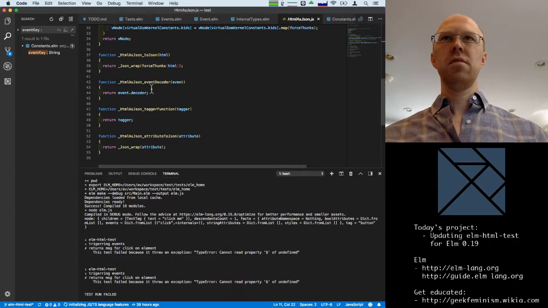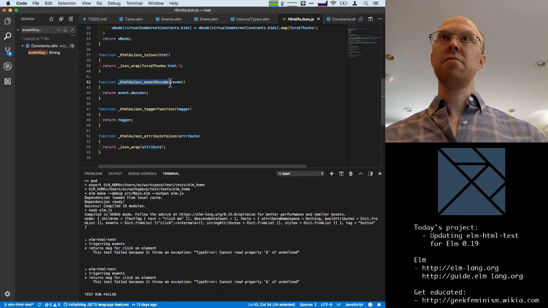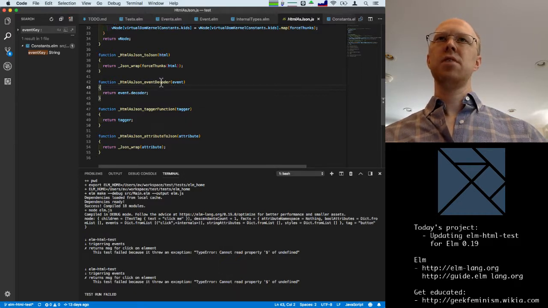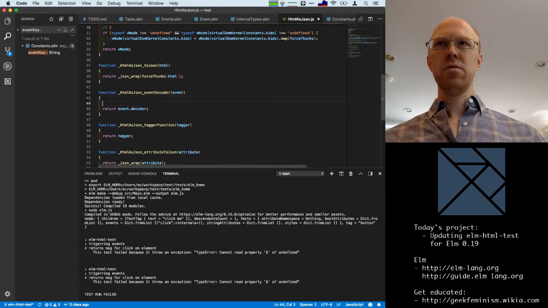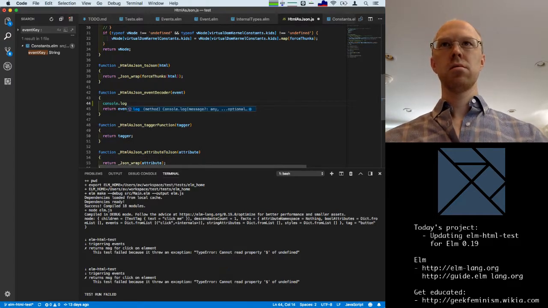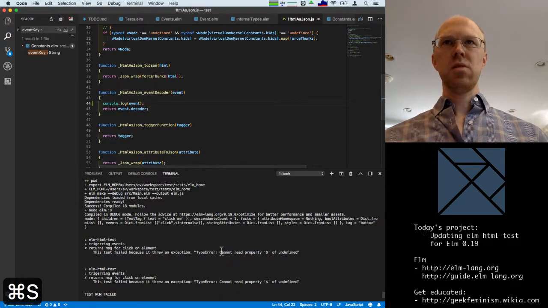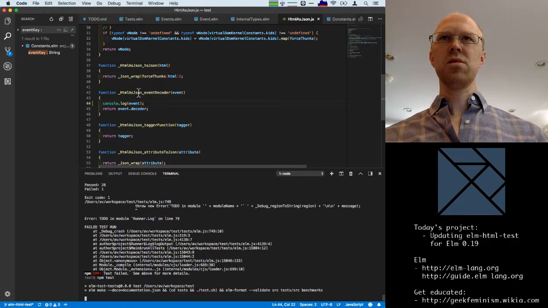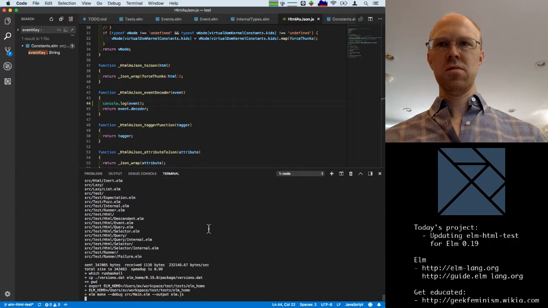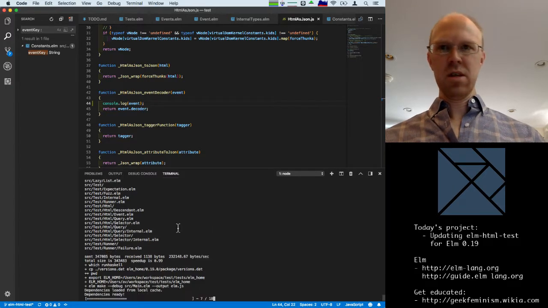So these are all the native things. Oh, okay, event decoder is a JavaScript function. This doesn't refer to dollar anywhere though. Let's see if this is getting called. I'm assuming it is because we saw event decoder referred to in some of the code we were just looking at.